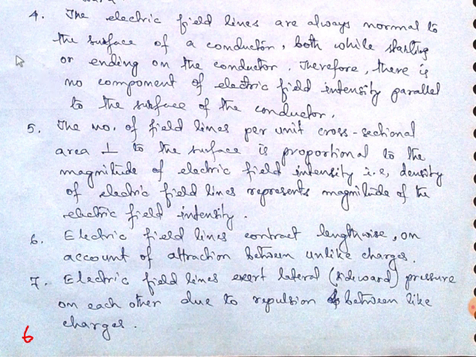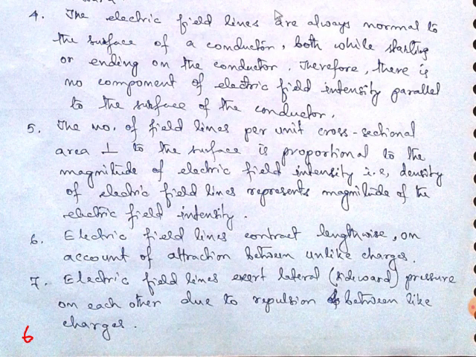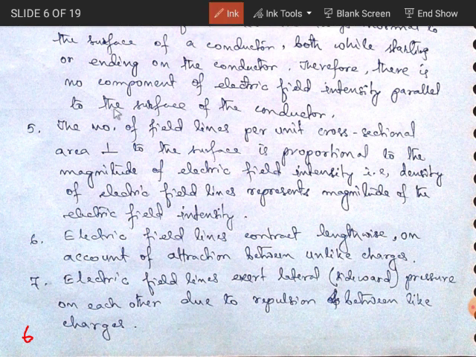Suppose your charged body is of a shape like this. Say for example, if your charged body is in this shape, got it? And if it is positive charge like this,